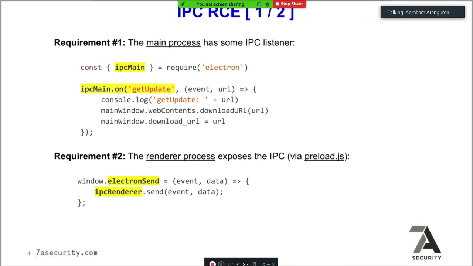So this is what this is doing, like a quick glance, right? So this is a requirement, right? The main process has to have some IPC listener for this kind of attack to work. So we need the main process to expose something to the renderer process. And now the renderer process needs to expose this IPC to XSS, right? For example, using the preload script, you can do something like window, Electron send, and then do IPC renderer send,